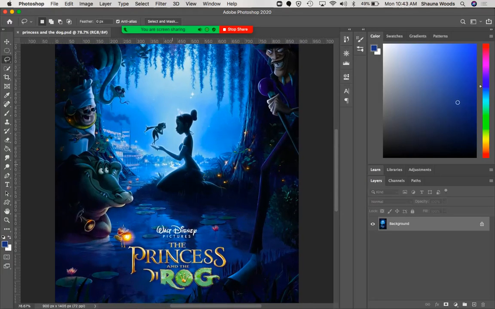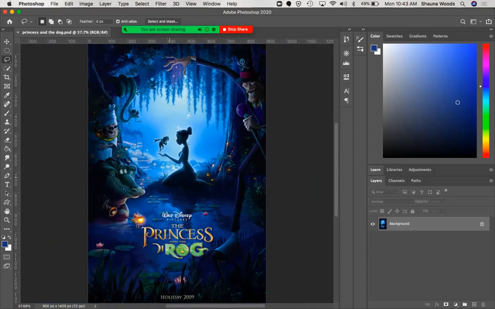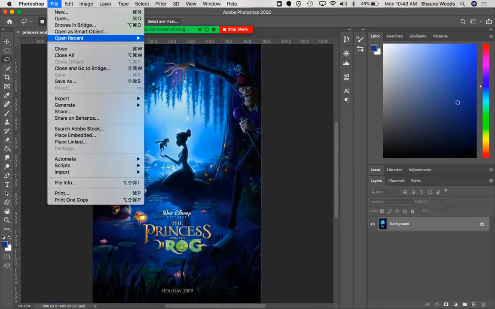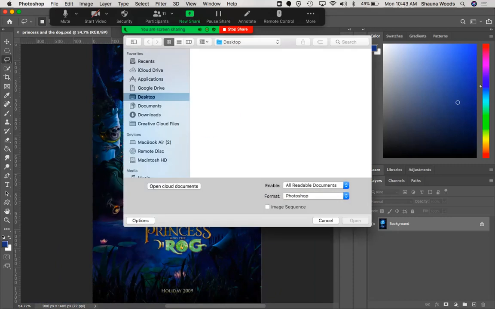Okay, you guys, I started working on this poster a little bit already. I actually found a better quality version of the poster, so I'm going to open that up.